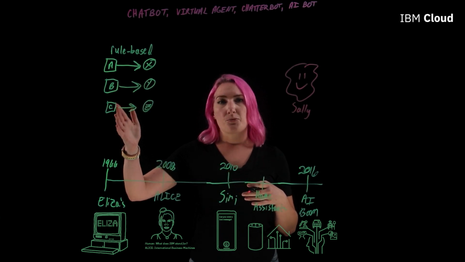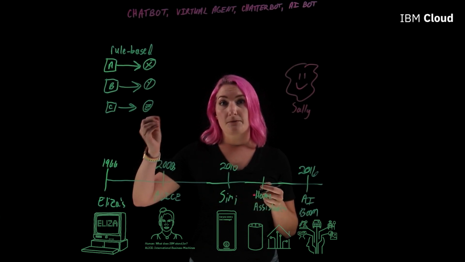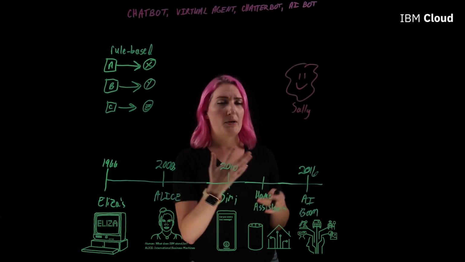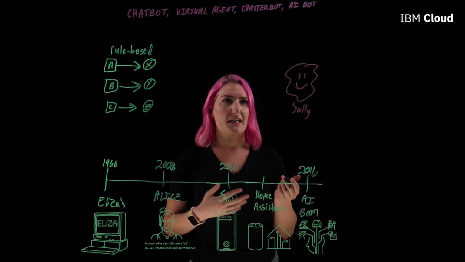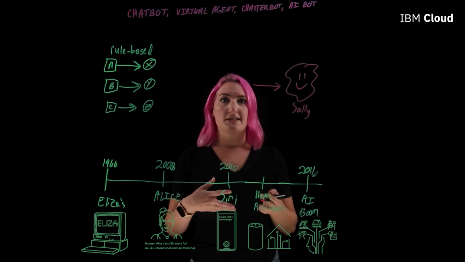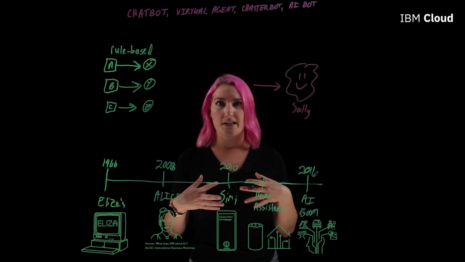Over here, with rule-based, we would have to look for a specific keyword like apple or something like that. But what do you do with the apple? Or what do I want the apple to be, a specific type? Well, Sally is really smart. She's using natural language processing to figure out exactly what it is that I want.